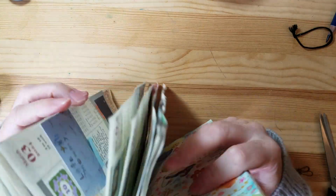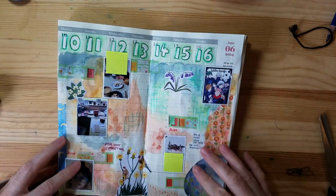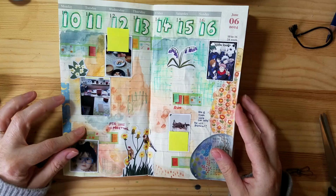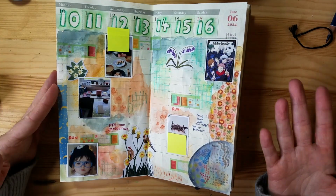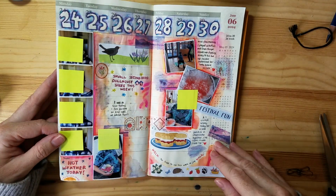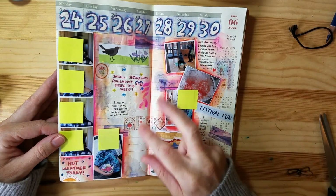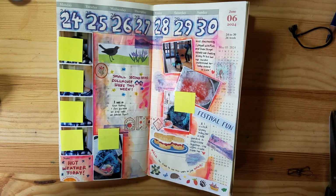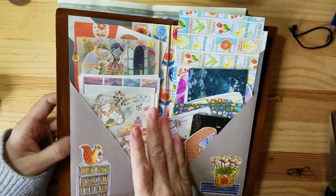Some of the pages are completely rammed full, but I do still have quite a few pages that have gaps that look like they need something filling in them. So there's quite a bit of space on this page. I can always get stickers on top of things, like on the edges of photos. I've got a few gaps here. Basically, if I want to put a sticker in, I will find a space because I just enjoy smacking the